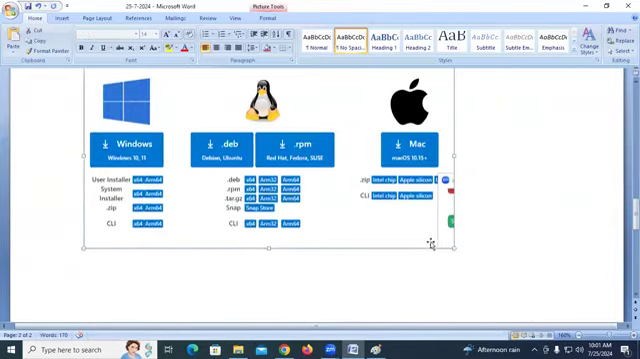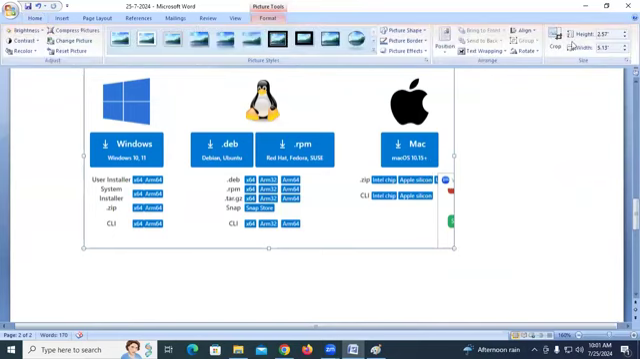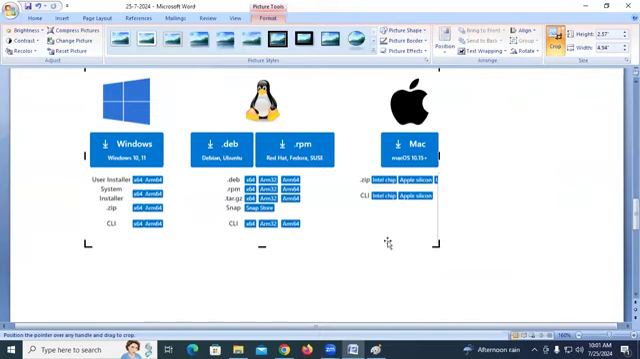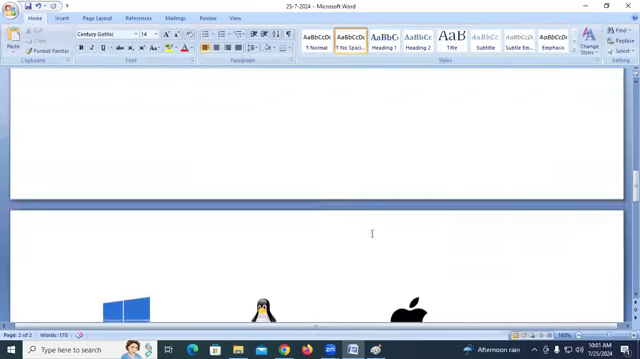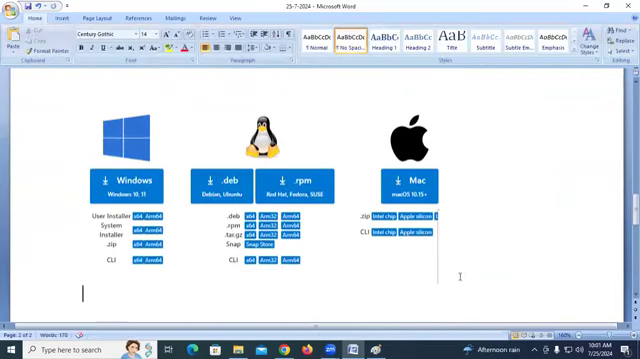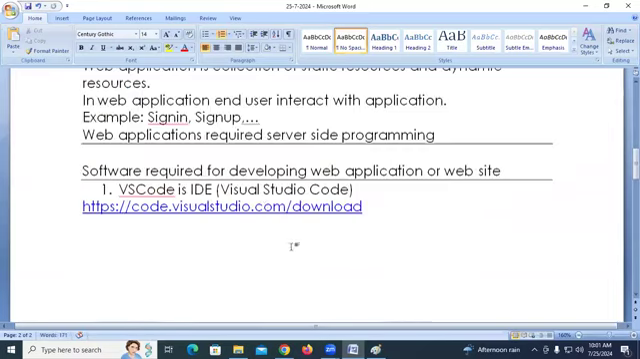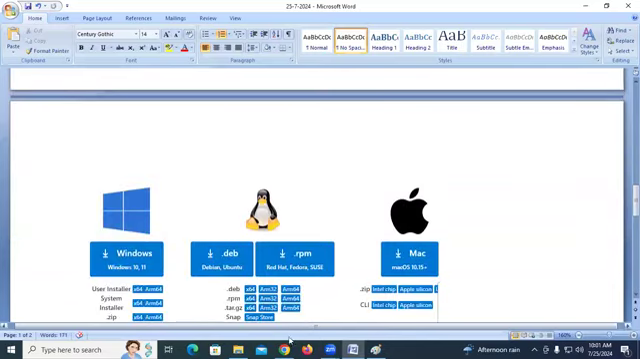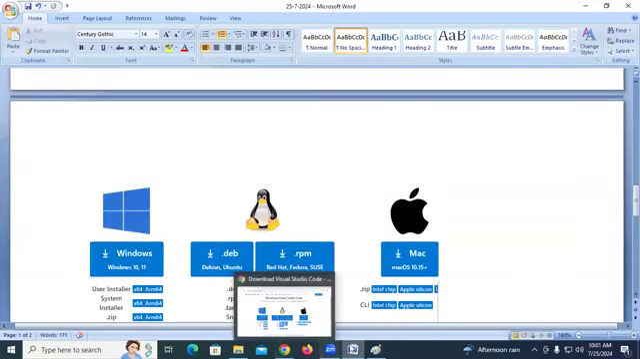You download for Windows. If you have a Mac, download for Mac. No problem, anything you can download. So next, after downloading, the second step is what? After downloading this VS Code, now you can see, just as here,